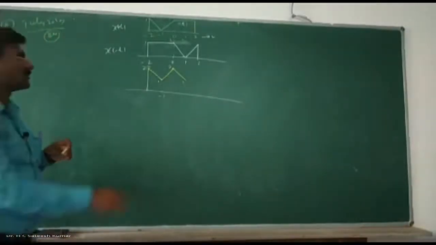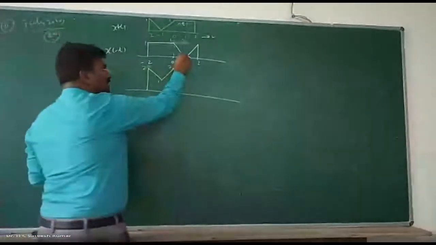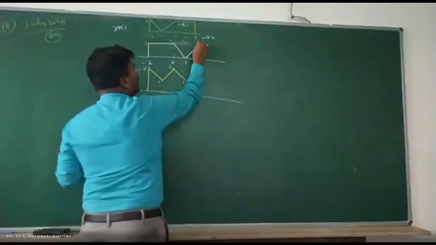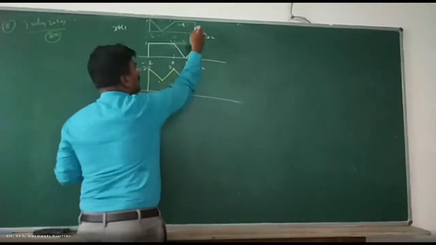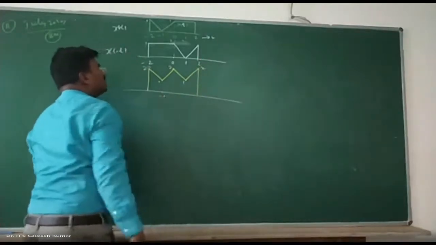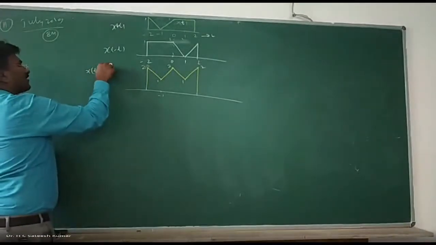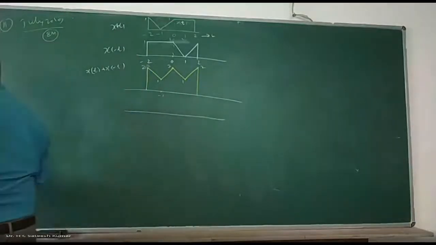Still very interesting. Observe. Constant plus increase is increase. Go to endpoints. The value at this point is 0. 0 plus 1 is 1. And 1 plus 1 is 2. It has gone up to 2. Now fall by 1 unit, fall by 1 unit, fall by 2 units. That's it. So this is your x of t plus x of minus t divided by 2. Divided by 2 will be just a copy with less amplitude. This will be 1.